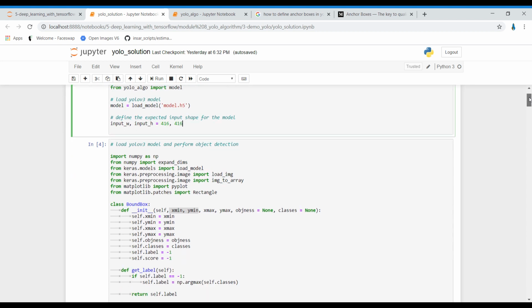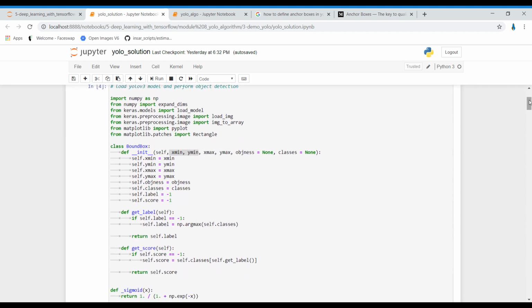Now in this cell we are creating a class which will draw a bounding box. Here xmin and ymin are the starting point of the bounding box, and xmax and ymax are the endpoint. The objness variable checks whether there is an object in a cell or not.